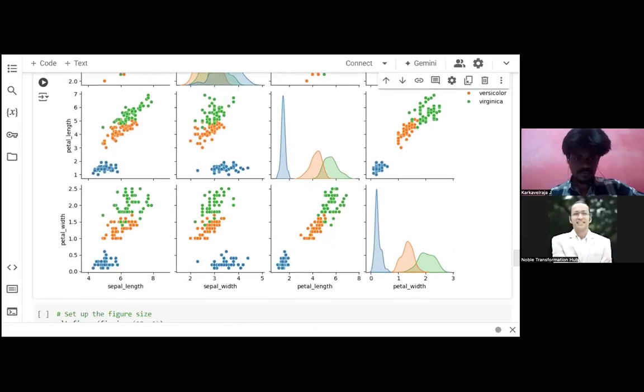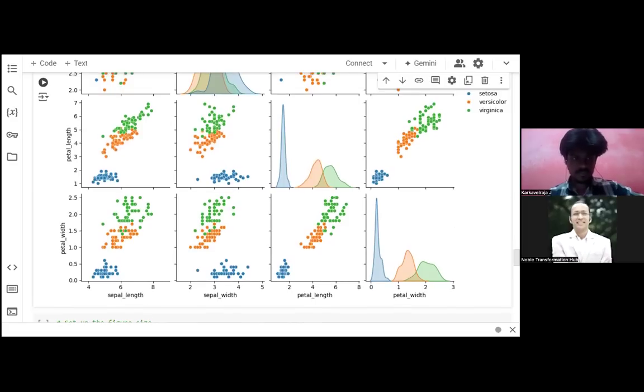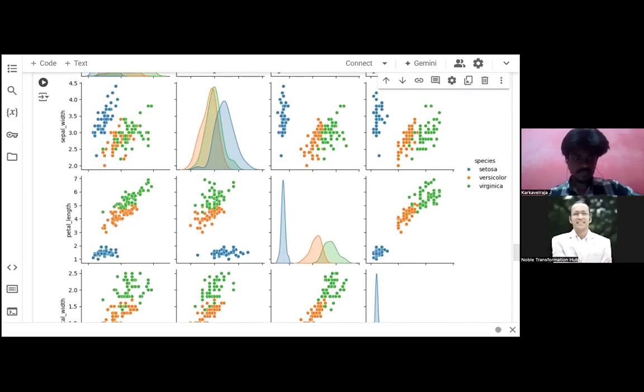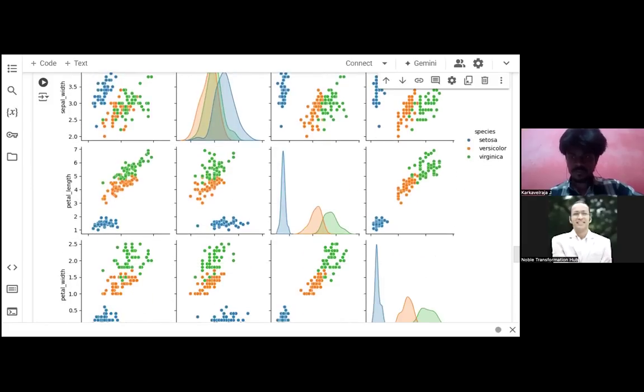We have three species right now, based on sepal length, petal width, petal length, sepal width, and sepal length. Based on that we can do correlation kind of thing.